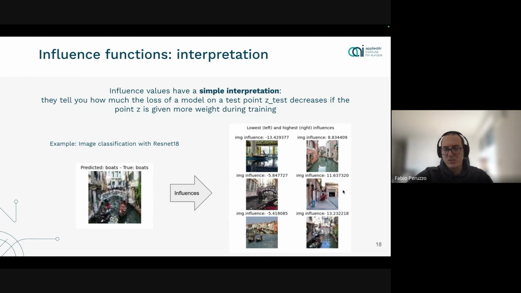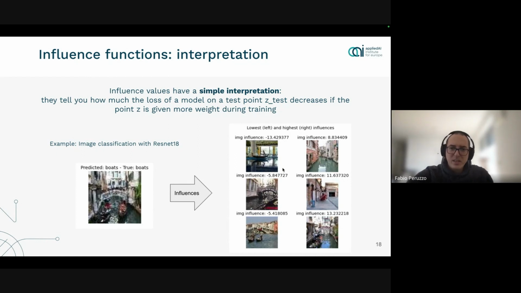So if you look at the pictures on the right, you can sort of understand why they have a high influence, especially the bottom right one, because it's essentially the same image. You have the canal, which is in exactly the same position. You have the boat, which is more or less in the same position, and then some Venice houses there. So you would understand why this one has such a high influence. And the same goes for the very low influence, so the top left. Seems like a completely different context. It's difficult to spot. You can understand that there is some sort of river, but who knows, and there is a column there. So you can understand why this one has a low influence.